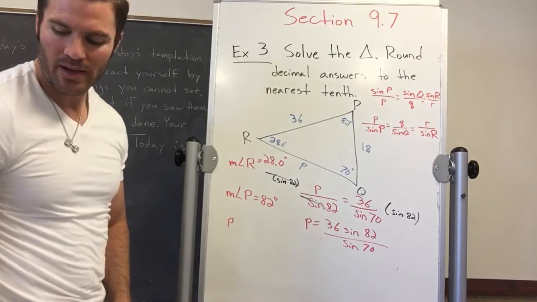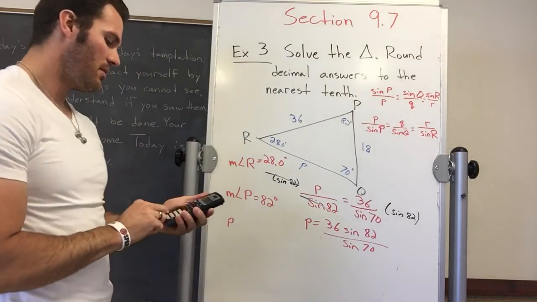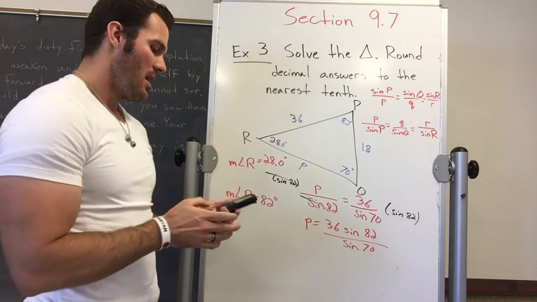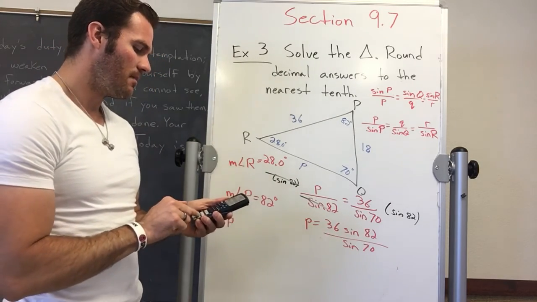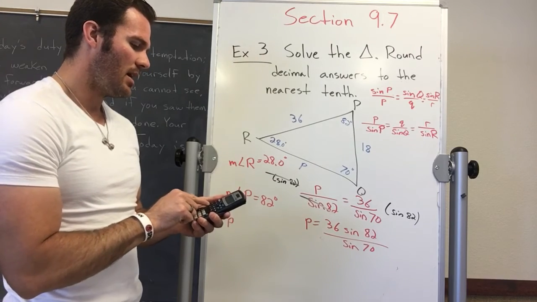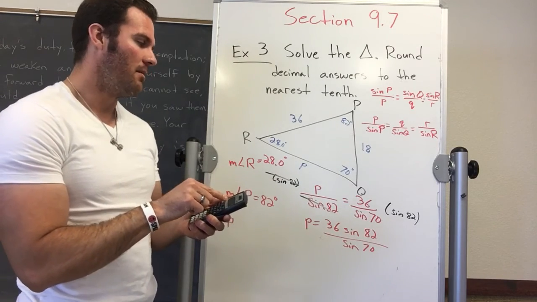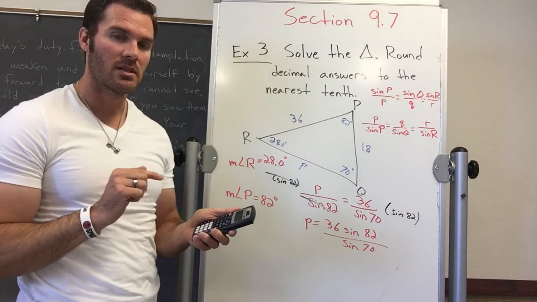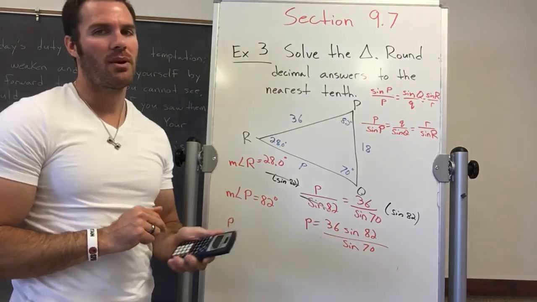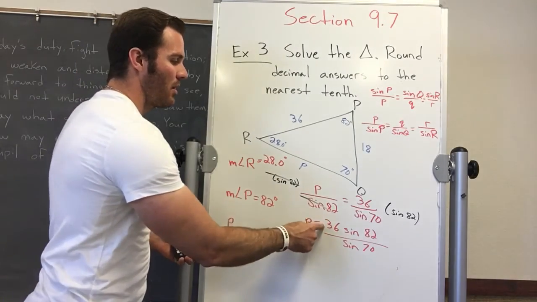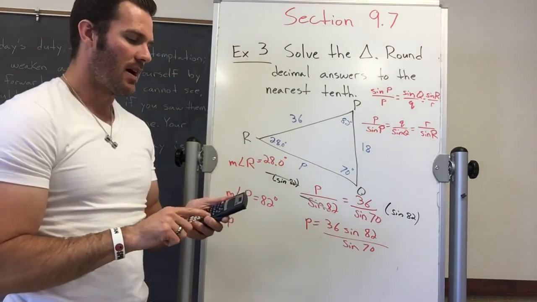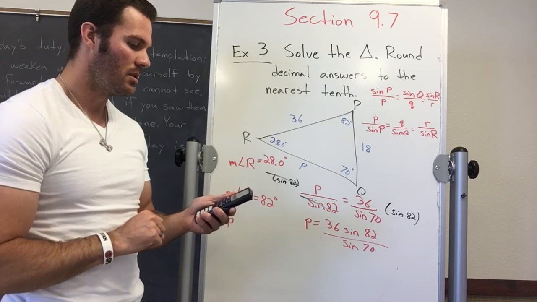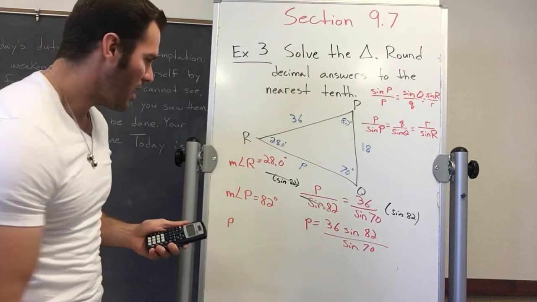Okay, so you're going to be putting all of that in your calculator. Now you can do it step by step or throw it all in your calculator. You just have to know how to use the parentheses. I'm going to do that with the parentheses. So parentheses, 36 sine, and automatically a parenthesis pops up for the sine. I'm going to put 82, close the parentheses for the sine, and then I add another parenthesis because I put one in the very front. Now I'm going to divide that by sine 70, equals, and it gives me approximately